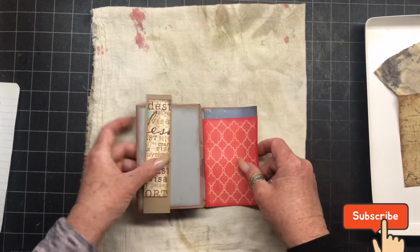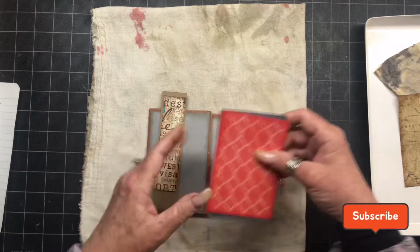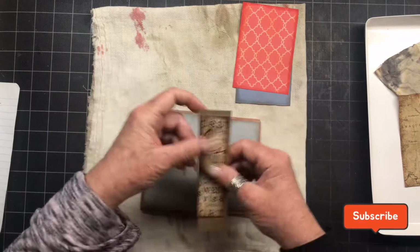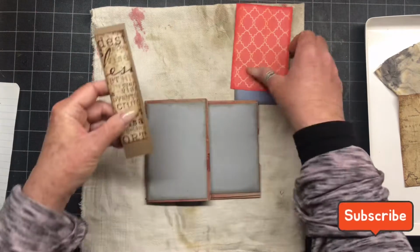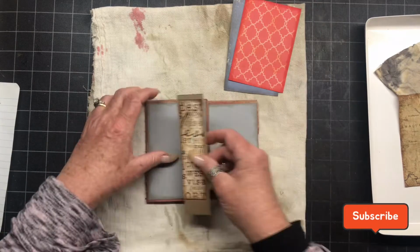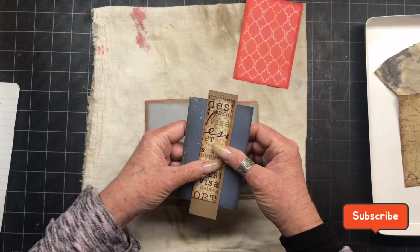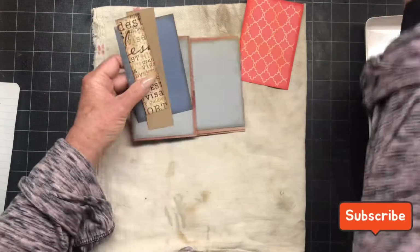So we are going to continue on with our book. We got our corner pieces made, and so I'm gonna start on one of the pages today. I have my pieces cut out already. We've already done that, and I thought on this one I would put a belly band in the center of this one. So I'm gonna ink